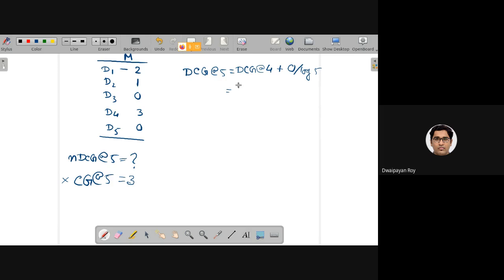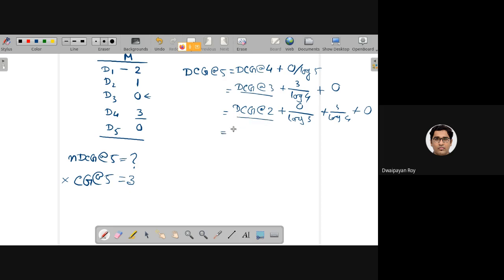So DCG at 4 means DCG at 3 plus this position's CG, basically CG by log of 4, plus again this 0 for this. DCG at 3 means DCG at 2 plus, I mean, for this location, which is again 0 by log 3, plus 3 by log 4 plus 0.